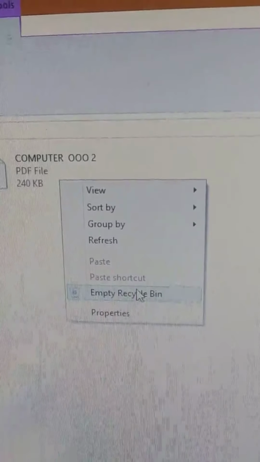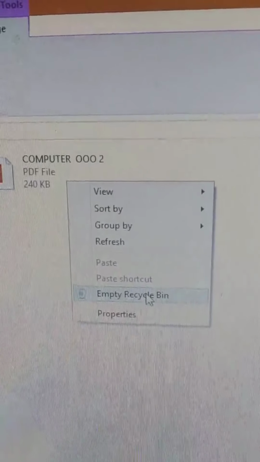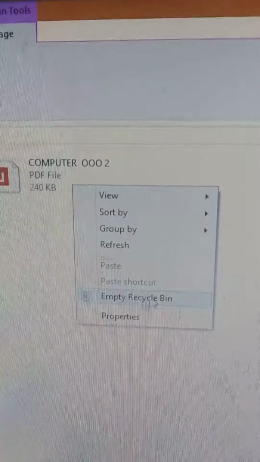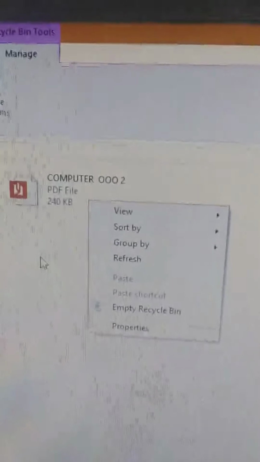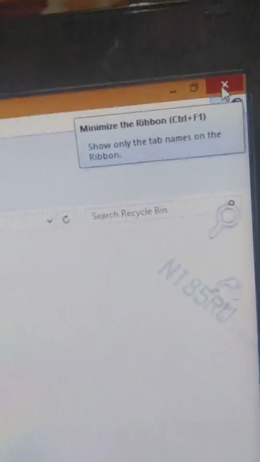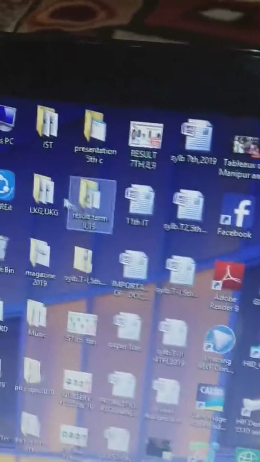Or we can empty the recycle bin from here. That means this file will be vanished from the recycle bin. We click here to exit the recycle bin window, and we are again on the desktop.